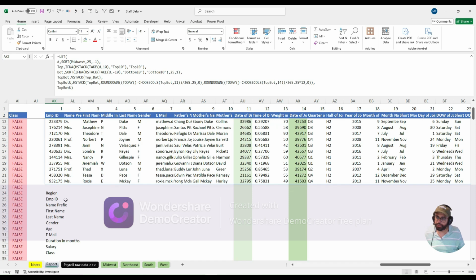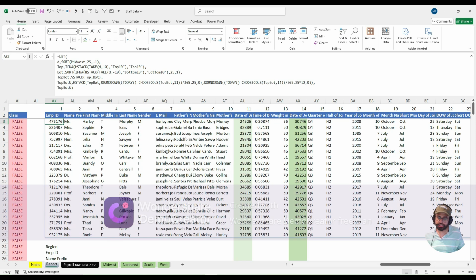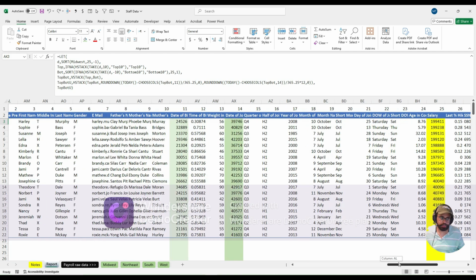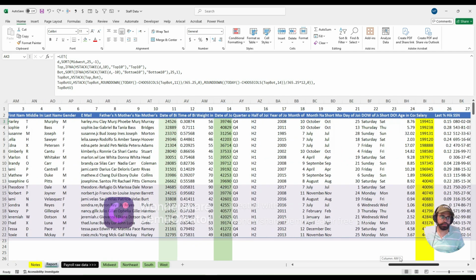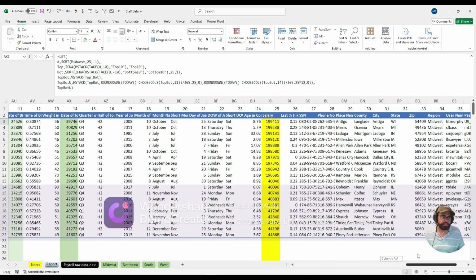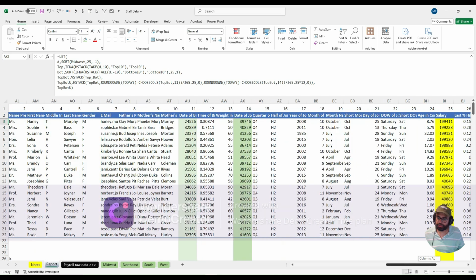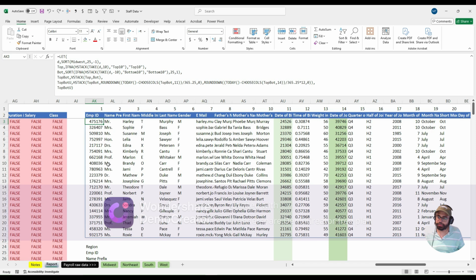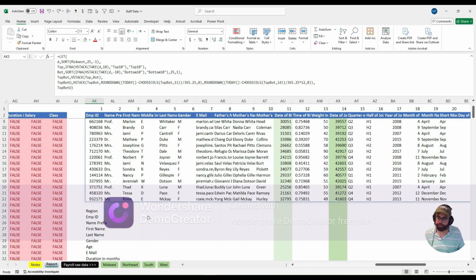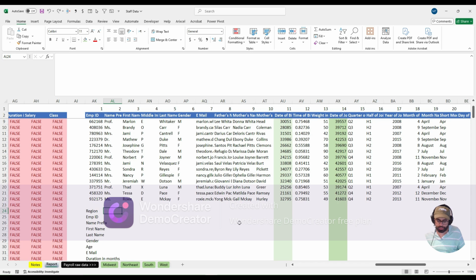Now, one way of doing this is to go to each of the columns. I know that region is column number, where is region? Region is column 34. So I can go with 34, then I can put a comma, then I can say, okay, give me employee ID 1. I can do it that way, or the other way I can do it is